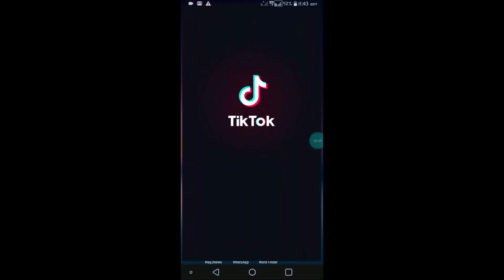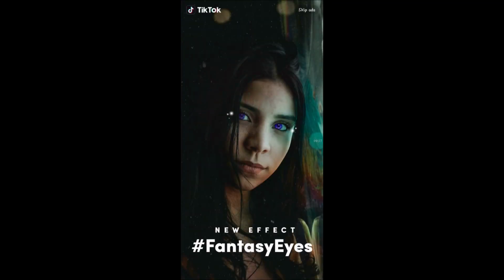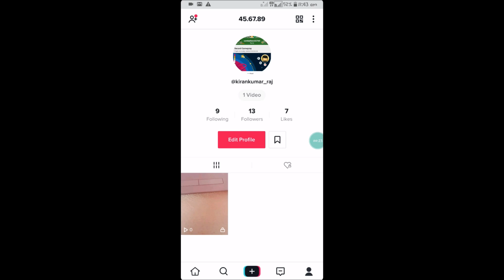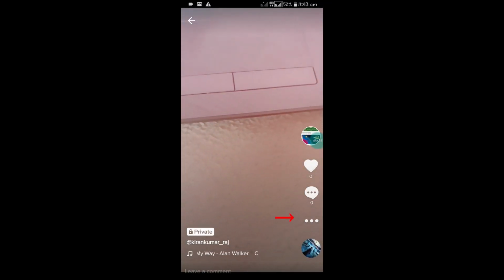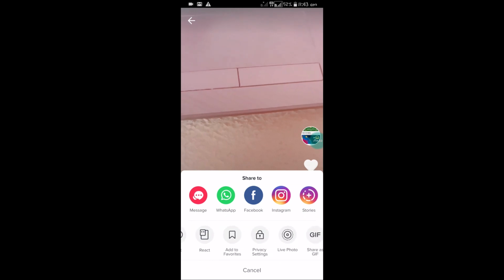Watch till the end. Open your TikTok application, go to your profile, and here where you'll see the videos you posted, click on the three dots and scroll to your left, and here you can see the live photo option. Click on that live photo option and it will ask you